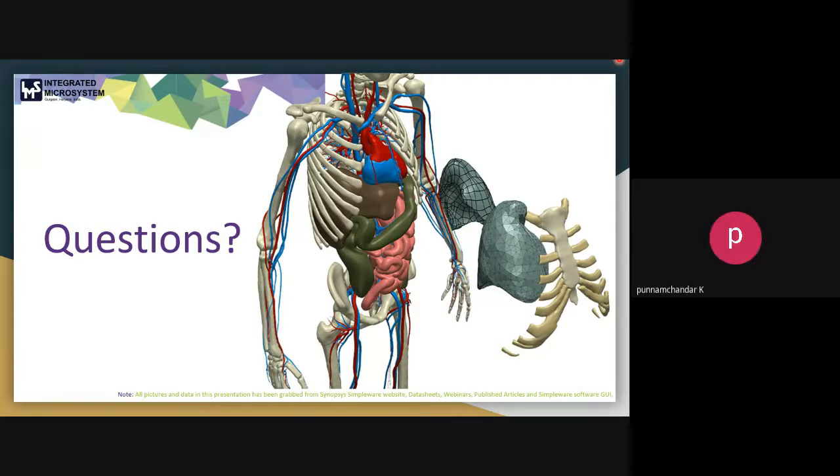Dear participants, this particular software will be explained tomorrow in detail. They will be using that software on their laptop, importing the DICOM images, and then step by step, whatever the workflow of image processing is, from DICOM images, that is 2D slices, to 3D models up to 3D printing. They are going to take sessions tomorrow. If you have any questions to ask now, you may ask.